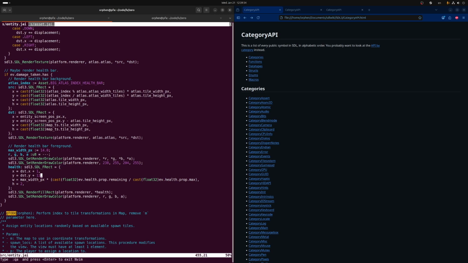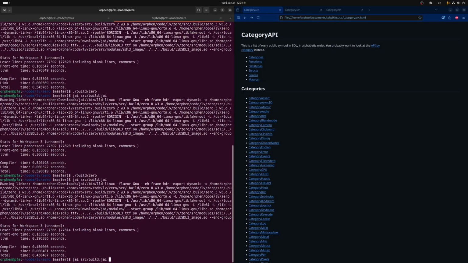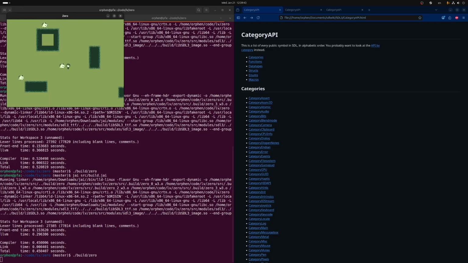If we do that, dest now has the offset set to it, so it's going to be the dest y plus our 13 pixel offset. We'll build this and run it. And there we go. Now we do have the background for health. And you'll see, so I'll attack once. When I attack twice, he will get a health bar over his head, but we basically don't see it because